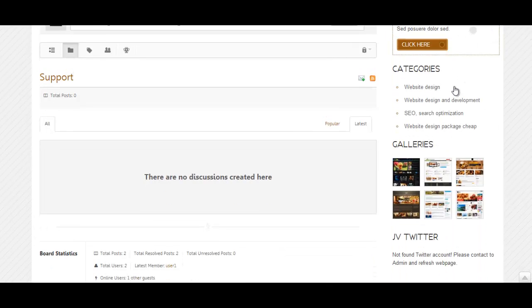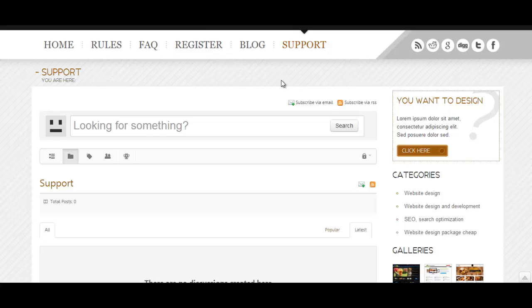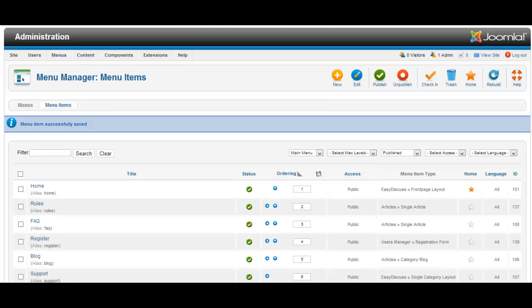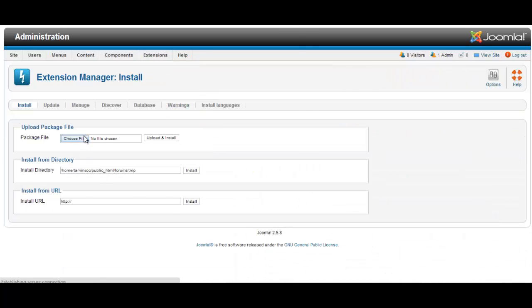We're going to be replacing this item here on the right column. And in order to do that, we'll need to install the modules that came with this component so we can put those on the right side. So I'm going to go to extensions, choose file,